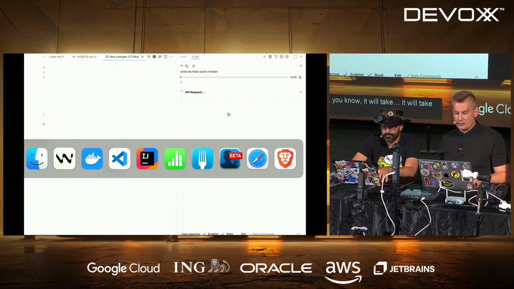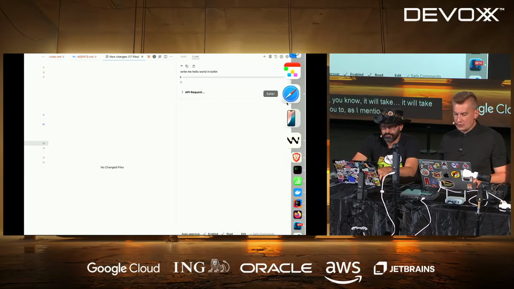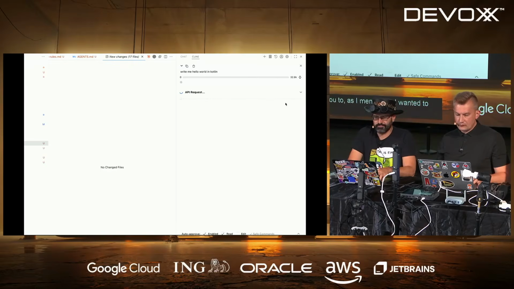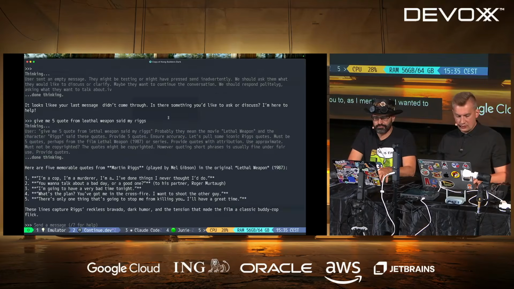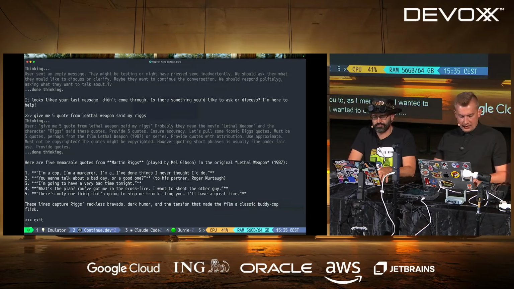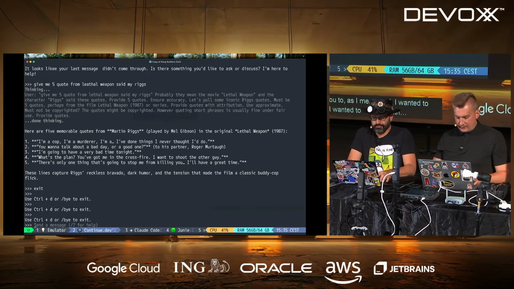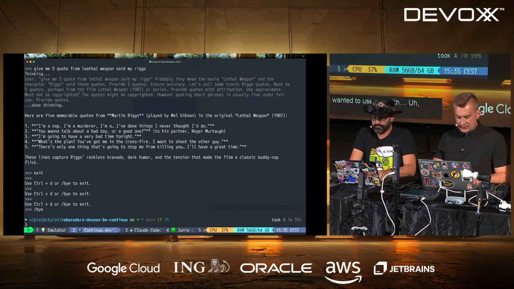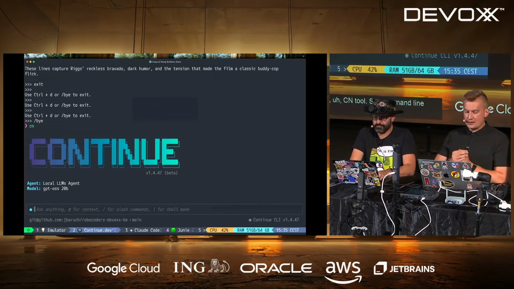Another tool that I wanted to use, as I mentioned, while it's doing the thing, is this CN tool, the command line tool, Continue. In this particular case, I will be using a local model.